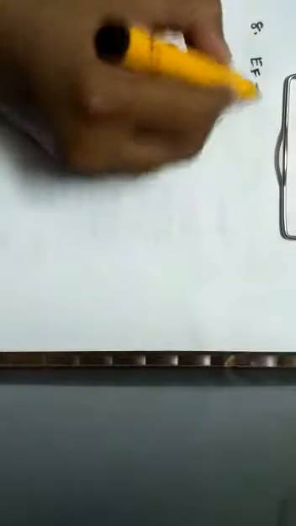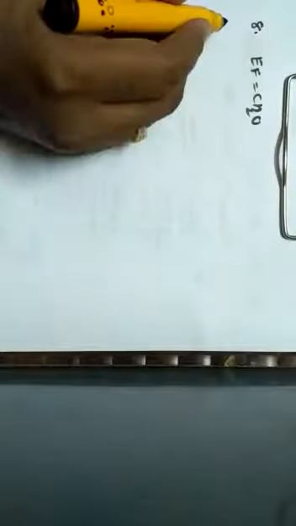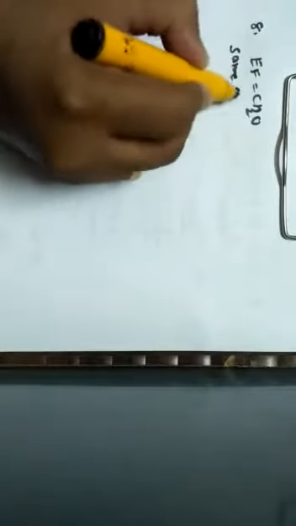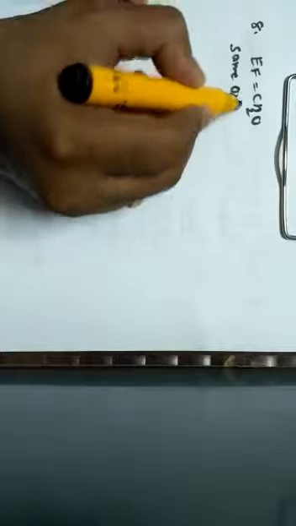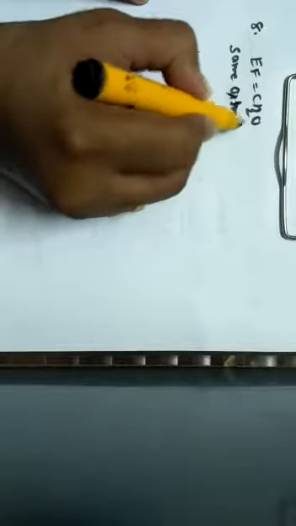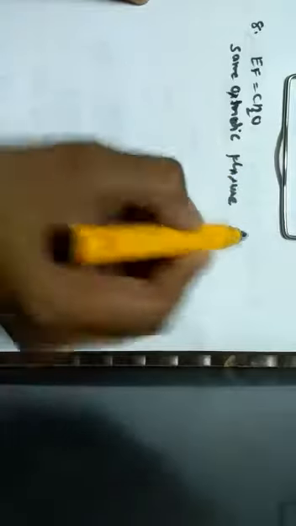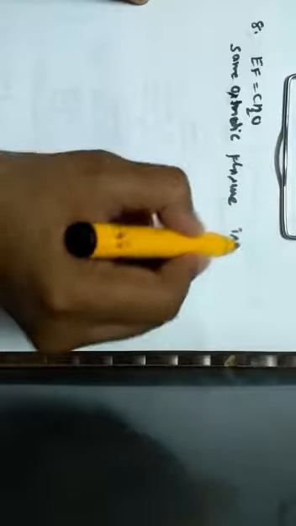So let us continue with the same. That is question number 8. They have given that the empirical formula is CH2O, and that it contains the same osmotic pressure. So we can understand one particular concept from this. If the osmotic pressure is the same, then the solutions should be isotonic in nature.